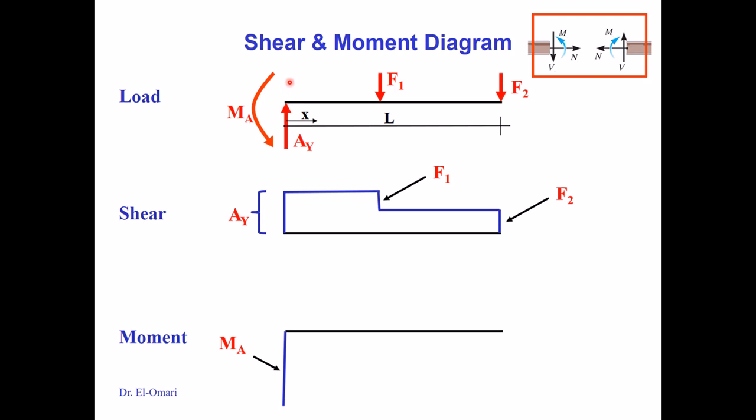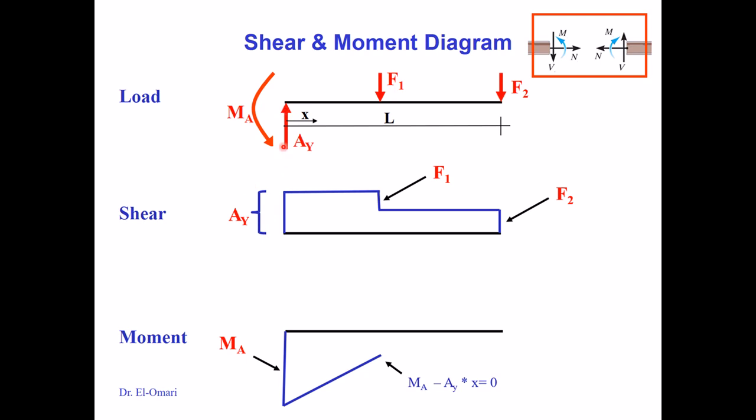So another hint: whenever you see that the moment is rotating counterclockwise, then you have a negative value of the moment, or a drop in a negative direction. The other important point is at this point. If you just take the cut at this point and try to find the moment, it will be MA rotating, and minus